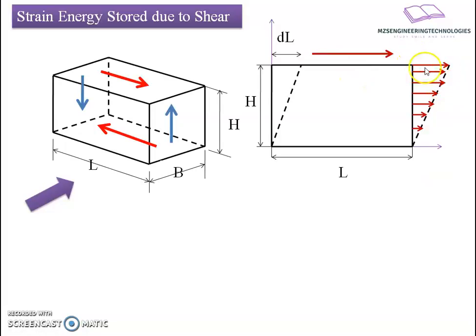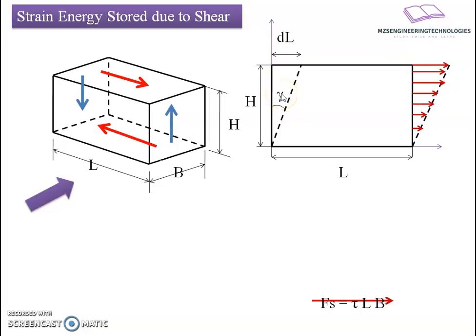This deformation is DL, and due to this there is a distribution of stress along the edges. This stress will have maximum value at the top and it will slowly reduce throughout the section at the bottom. So the stress is not constant, it is varying. That's why we are going to have an average stress component here. So I will say the average force, or average stress, is going to apply along the section, along the height of the member, causing the strain to develop here. When we say there is an angular displacement, we say it as a strain which is developed along the face of the body.